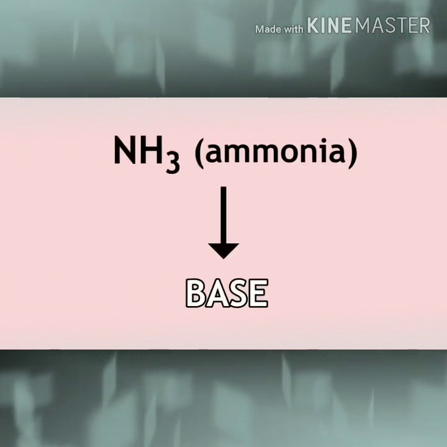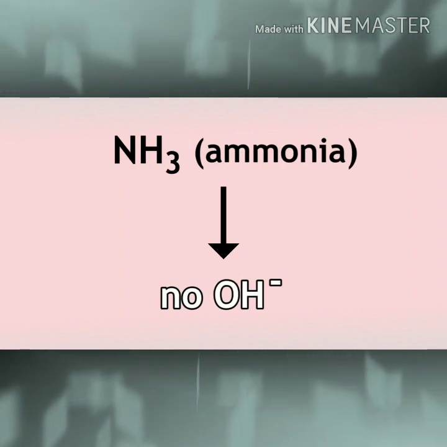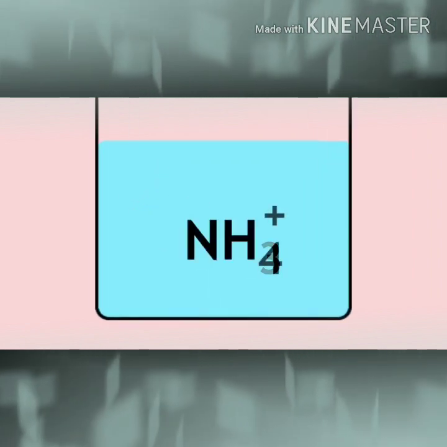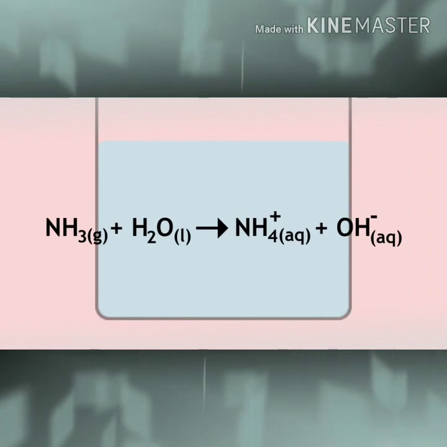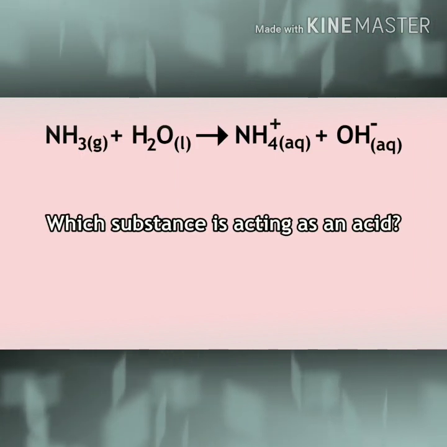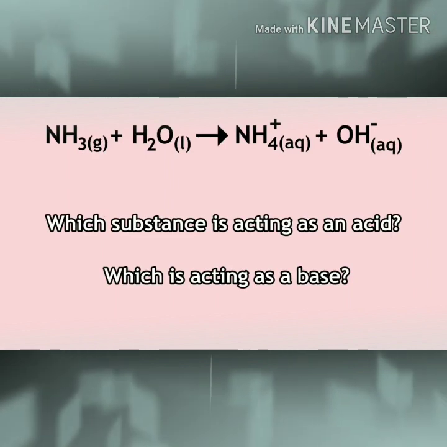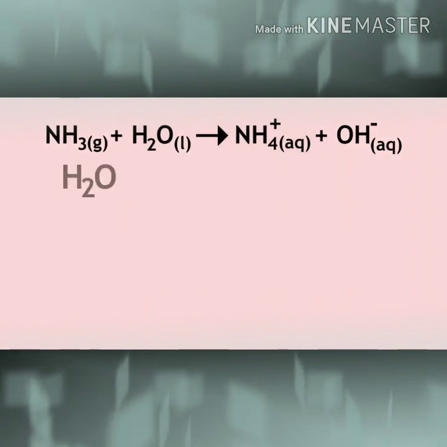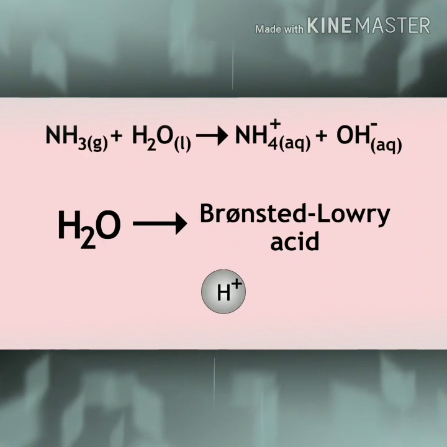So actually in the introduction I mentioned that ammonia acts as a base even though it doesn't release hydroxide ion, which is stipulated in the Arrhenius theory. When ammonia dissolves in water, actually it accepts a proton from the water. This reaction involves proton transfer, or you can say the proton will be transferred. This is an example of water acting as a Bronsted-Lowry acid because it releases a proton. What does it release? Because it releases a proton. And ammonia acts as a Bronsted base